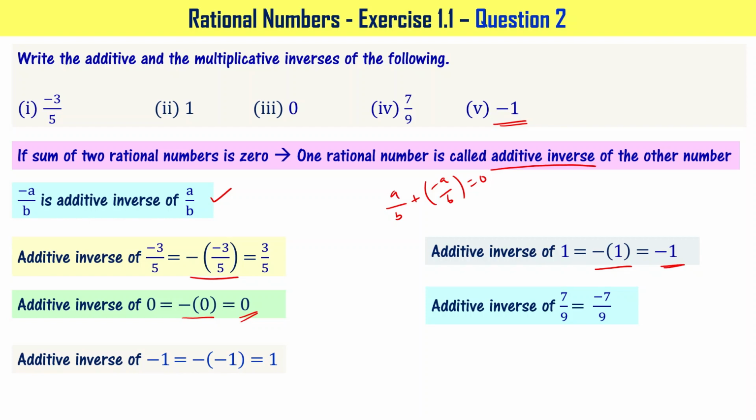When you multiply minus with minus, what you get is plus, right? When you multiply minus with plus, what you get is minus, right? When you have both the signs positive or negative, then you are going to get positive only. When the signs are different, like we have written here, the product is going to be negative, right? Now, since we are done with additive inverses of all these numbers, let's now look at multiplicative inverses of all these numbers.